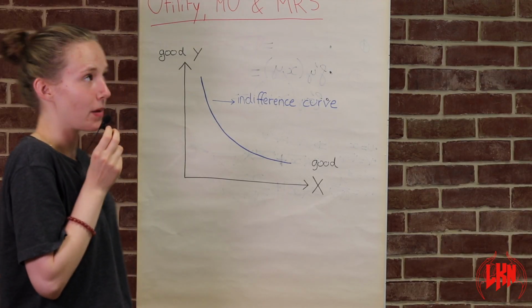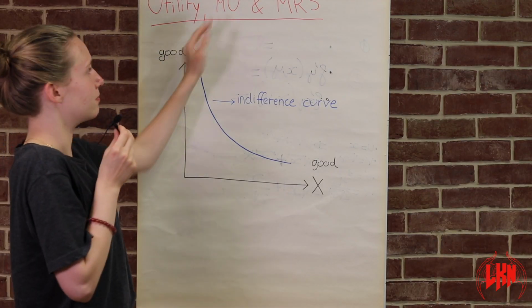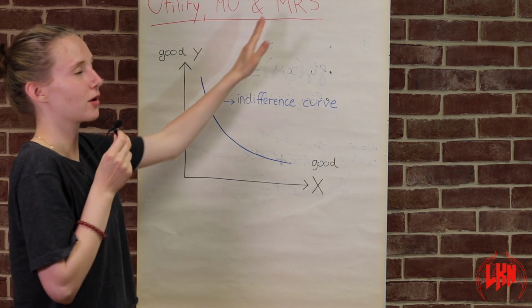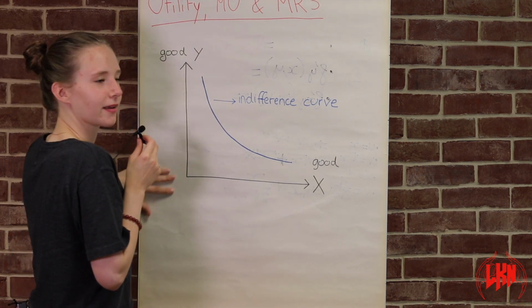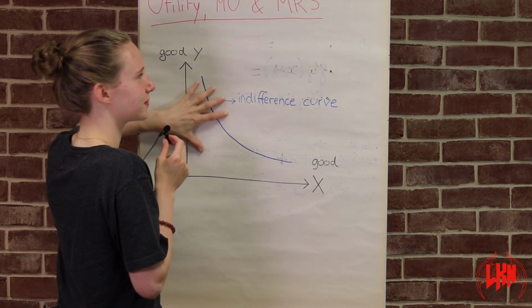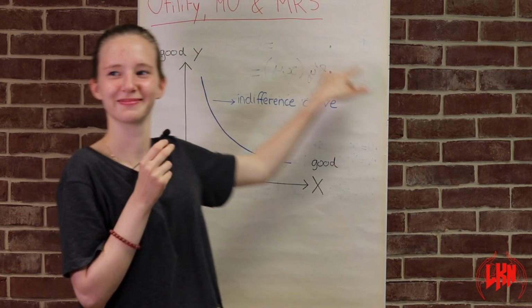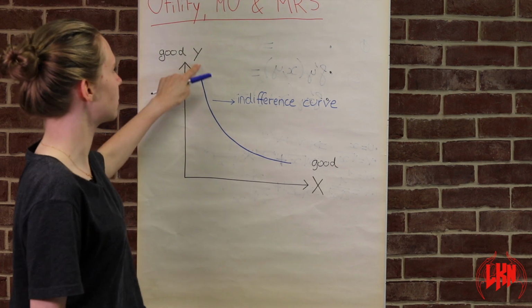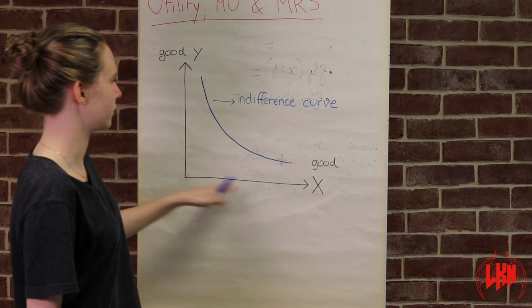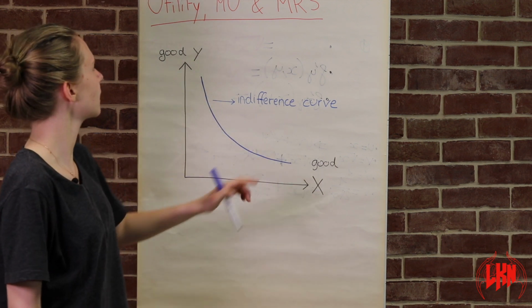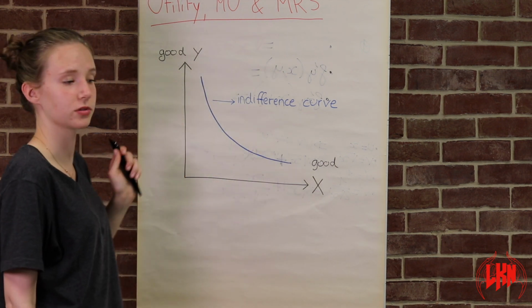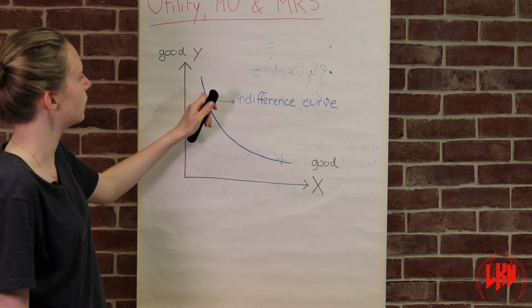Today we are going to talk about utility, marginal utility, and marginal rate of substitution. Okay, so this is the indifference curve. Here we have the good x and here we have the good y. So this is the indifference curve, and we can find the marginal rate of substitution by calculating the slope of